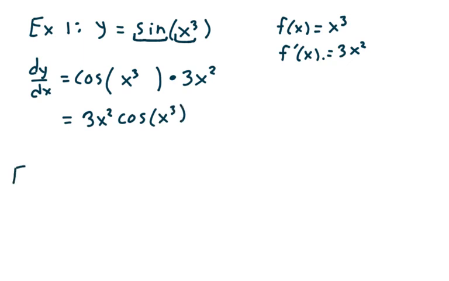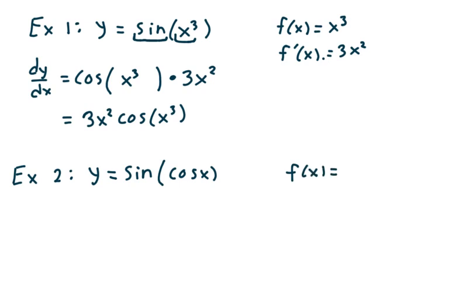Example 2. Suppose y equals sine of cosine of x. Now, in this case, f of x is equal to cosine of x. If I take the derivative of that inside function, I get negative sine of x. So dy